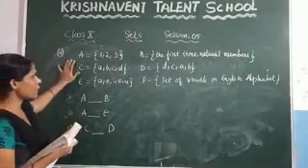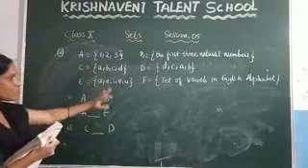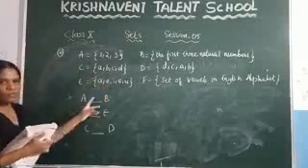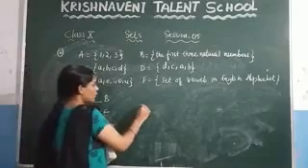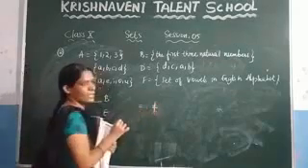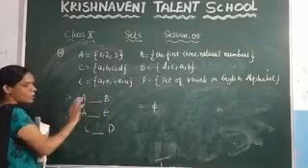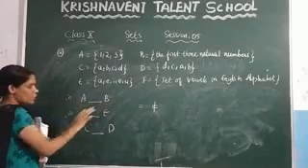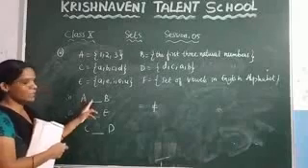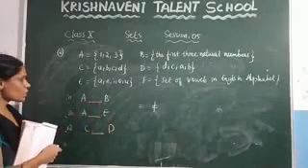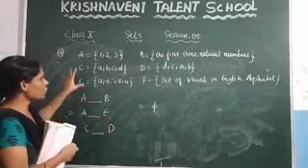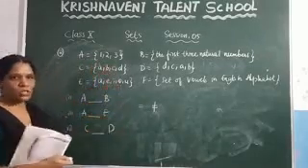What are the sets they have given? They have given these 6 sets and you need to fill these blanks with the equal to sign or not equal to sign. That means if these 2 sets are equal, you have to keep the equal to sign here. If these 2 sets are not equal, you have to keep the not equal to sign. Before that, you need to write all these sets in the roster form.